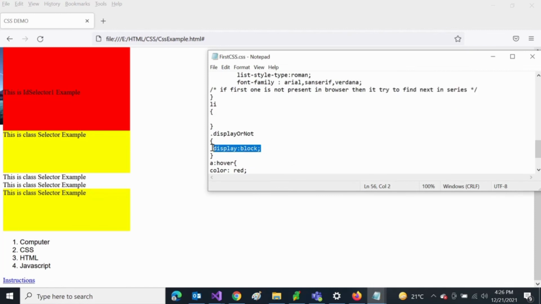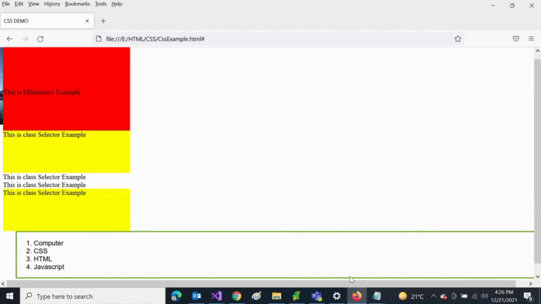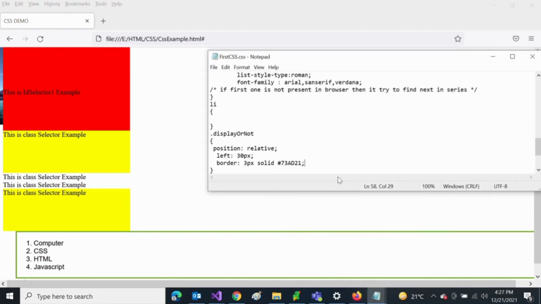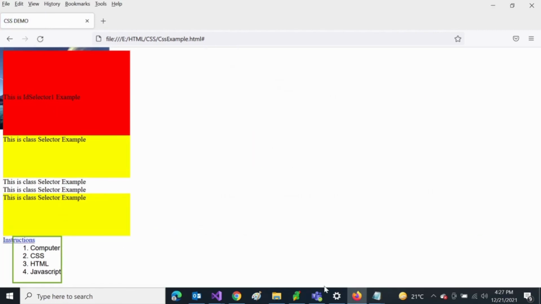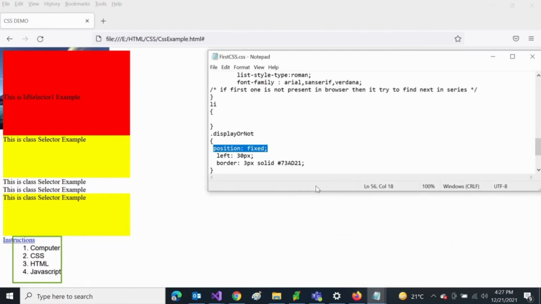Next, let me explain the position, relative and fixed. A fixed position will remain fixed, as its name suggests. Relative means that it can be changeable. In most of the forms you have seen that the menu options stay fixed once you scroll down the page.